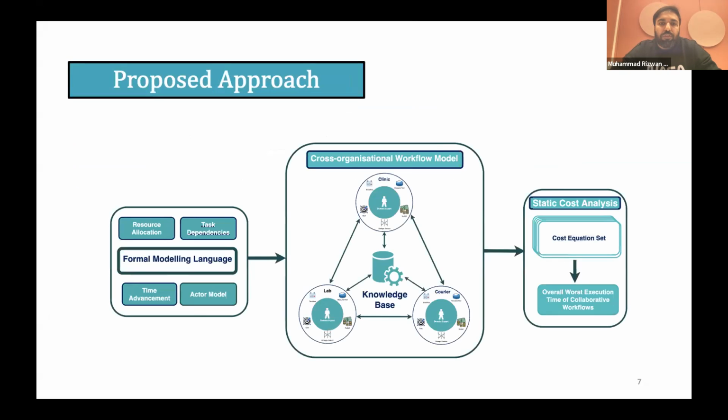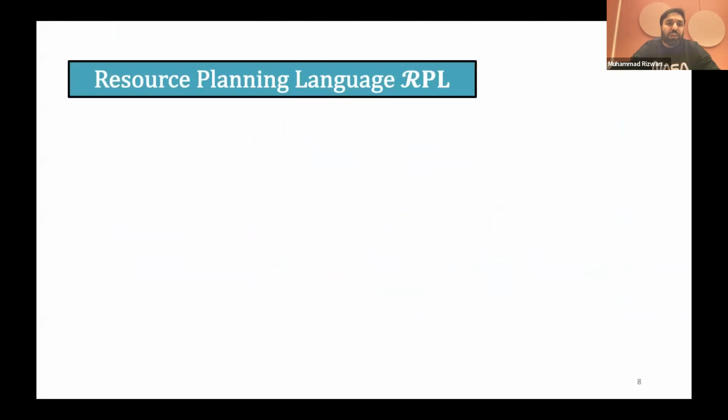Then we will have a cross-organizational workflow modeled in the proposed language. Then we have proposed a static cost analysis, with the help of which we translate our model into a cost equation set. And then with the help of an off-the-shelf solver, we over-approximate the execution time of collaborating workflows. First, I will discuss the language. It is a resource planning language, RPL. The language has formal syntax and semantics.